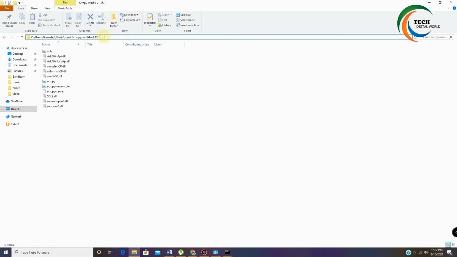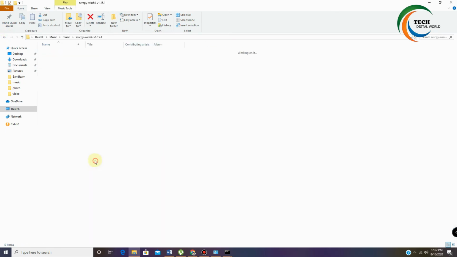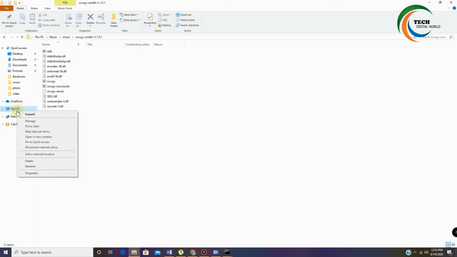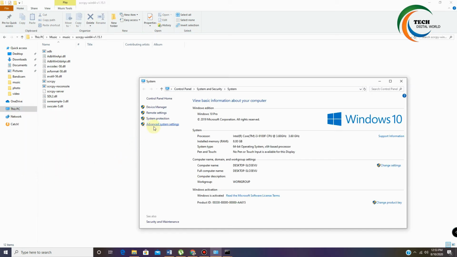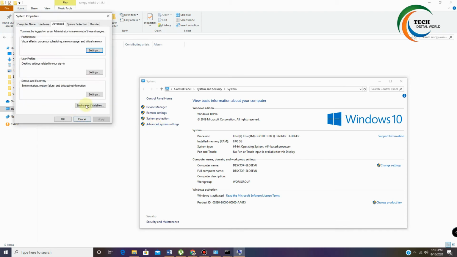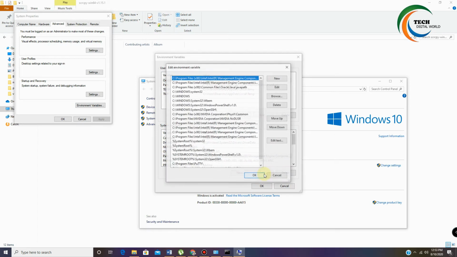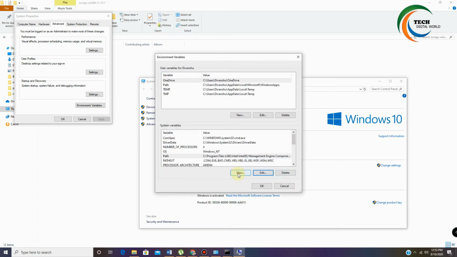So I'm copying this. What we have to do now is go to PC properties, then advanced system settings, then environment variables, then go to Path. Then we have to click on edit.